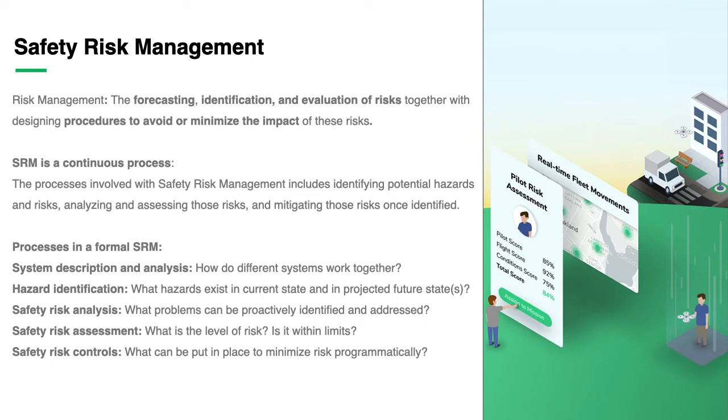So a couple of things about safety risk management. Safety risk management is a continuous process. As with any other aspect of safety, the processes involved with safety risk management necessarily means that the process is continuous. You will never reach a point at which you will have perfect safety, because when you're operating in that environment, there's no such thing as a no risk type of situation. However, you always need to be contemplating what could happen and what could come next.